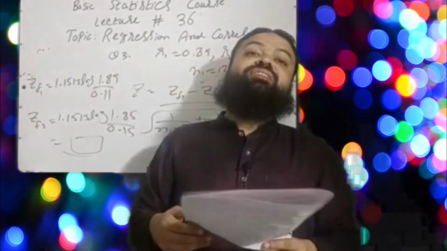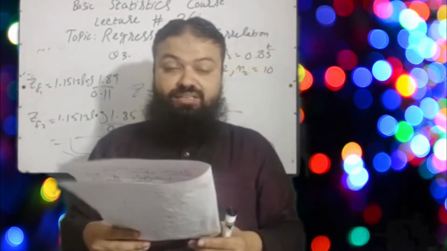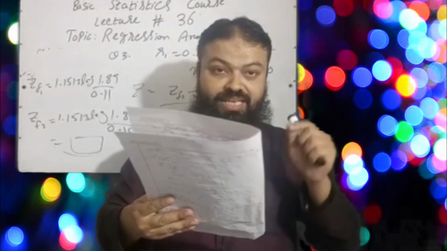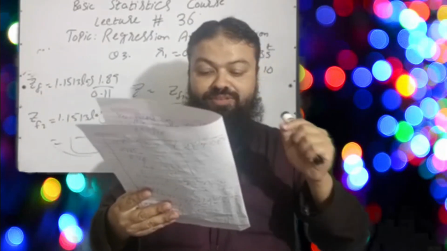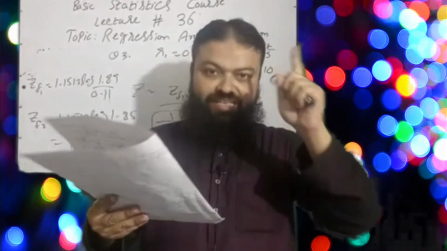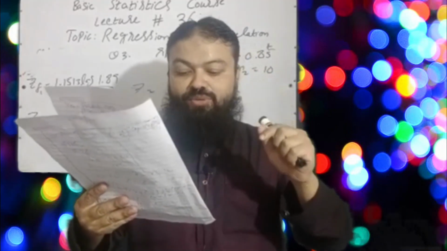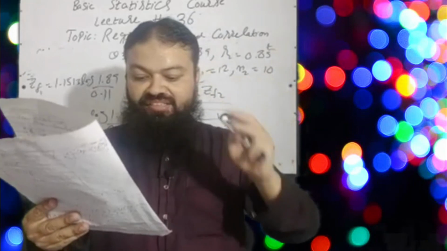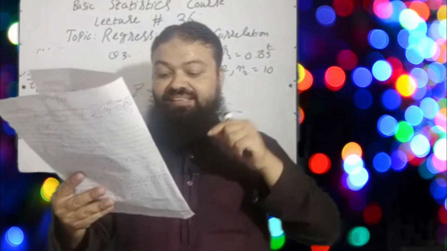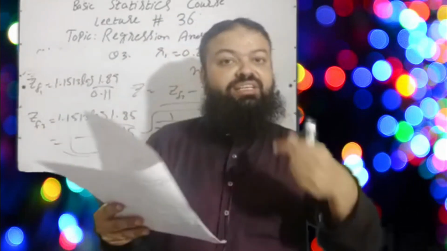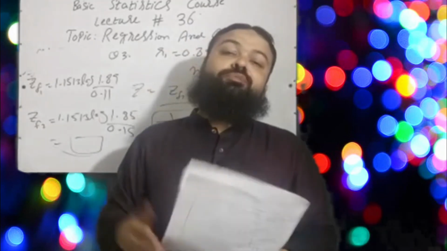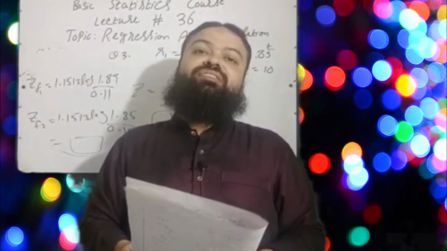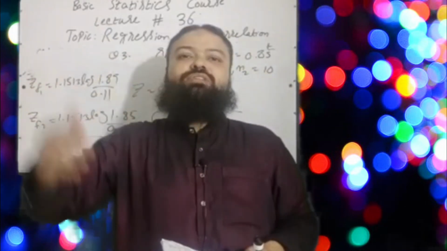Question number 12, which is the last question of today's lecture. The covariance is A, a measure of the strength of relationship between two variables. Yes. B, dependent on the units of measurement of the variables X and Y. Yes. C, an unstandardized version of the correlation coefficient. It is also correct. D is the correct option, all of the above. A very important definition of the covariance. All are correct. D is the correct option.